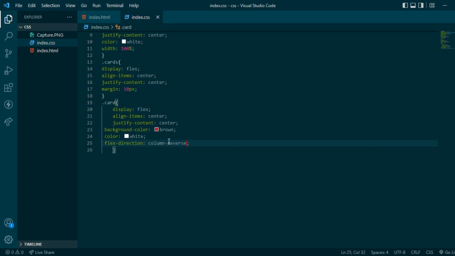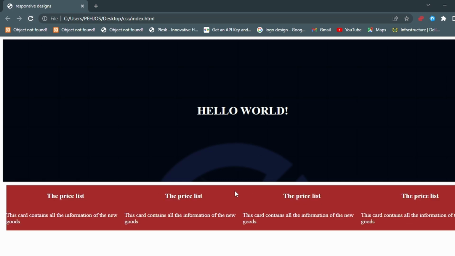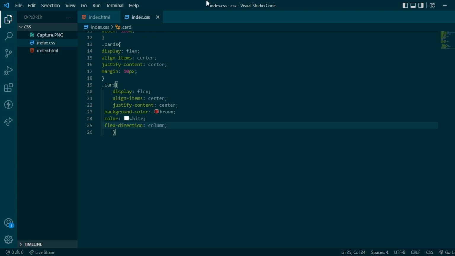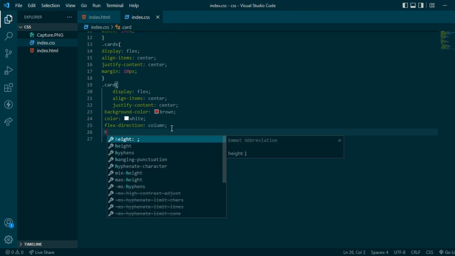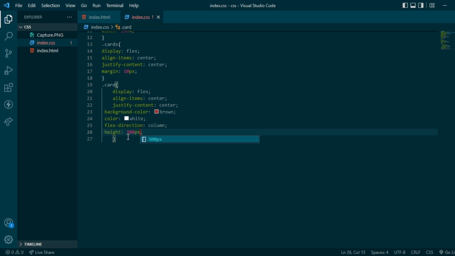So let's give it a flex direction column. So flex direction of column. So you see how it's now working. So now we are applying a direction to our cars, the content in the car. So flex direction column will actually do this for us. So we can apply height to our cars. Let's give a height of 300 pixel